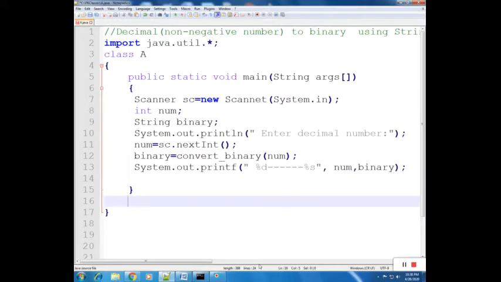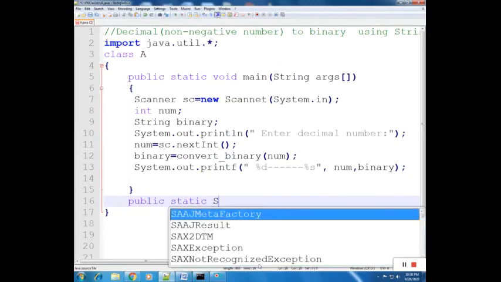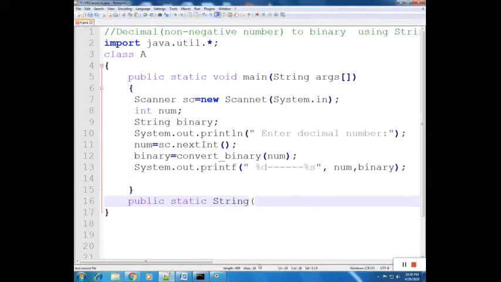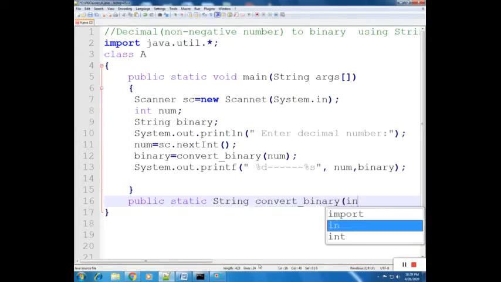Now we will write the method. public static. The return type of this method will be String. The name of the method will be convertBinary, and the argument will be integer num.